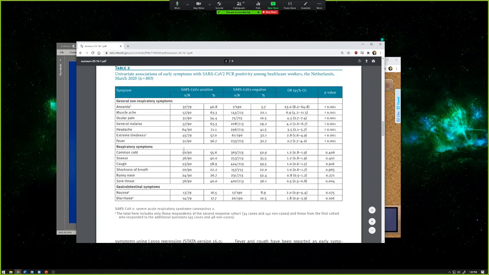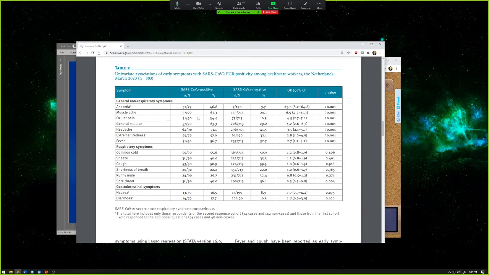So this is the table I really want you to focus on here, being able to look at these things. So remember, the type of study this is, they already have the healthcare workers. They already know if they're positive for SARS-CoV-2 or not. Right, so that's the outcome, and then they want to look backwards to see which risk factors they had. So in this case here, it's a case control type of study, and again, look at their reporting odds ratios. They're not doing risk ratios or relative risk or absolute risk reduction or anything like that. So you have your odds ratios and then the p-values.